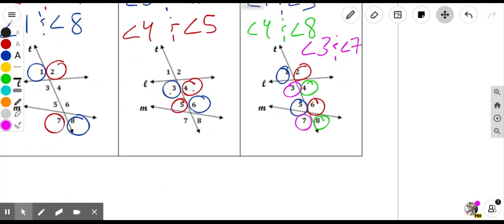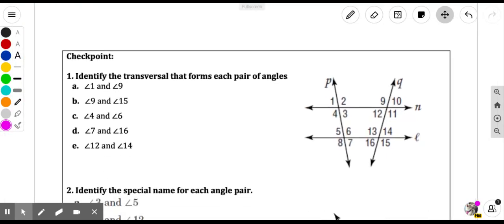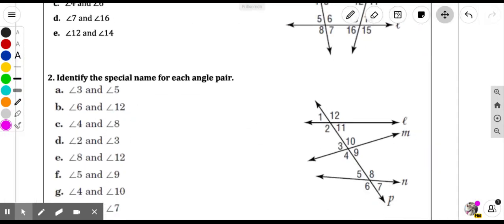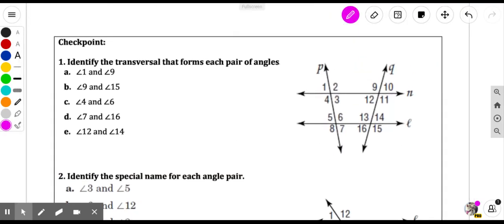For the last little bit of practice, I'm going to show you some examples of identifying a transversal given 2 angles, and also identifying the special name for the angle pair. So identifying a transversal, you want to take a look. This first one says identify the transversal for angle 1 and angle 9. Angle 1 is here, angle 9 is here. So you want to take a look at the lines that form those 2 angles. See how this is this side of angle 1, this is the right side of angle 9, and